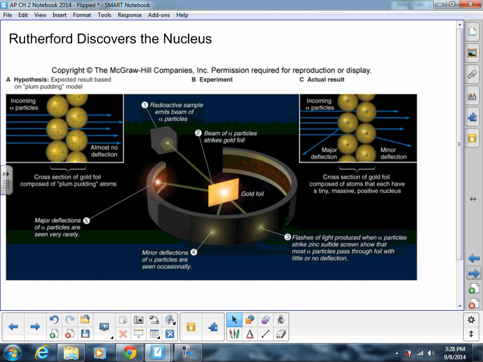In step 3, flashes of light produced when alpha particles strike the zinc sulfide screen show that most alpha particles pass through the foil with little to no deflection. Minor deflections of alpha particles are seen occasionally in part 4. Part 5, major deflections of alpha particles are seen very rarely. And then, in order to explain those behaviors,